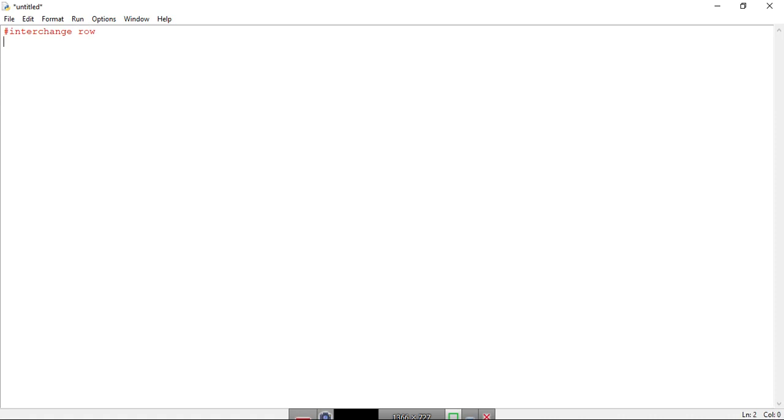Now to interchange two rows we need a matrix, we need the ith row and we need the jth row. Okay, let us define. Let us write change. We need matrix A, we need the first row, let us take that to be a, and we need the second row, let us take that to be b, close the bracket. Correct. And how we will do that? Let us take matrix A first. X is equal to matrix X for X